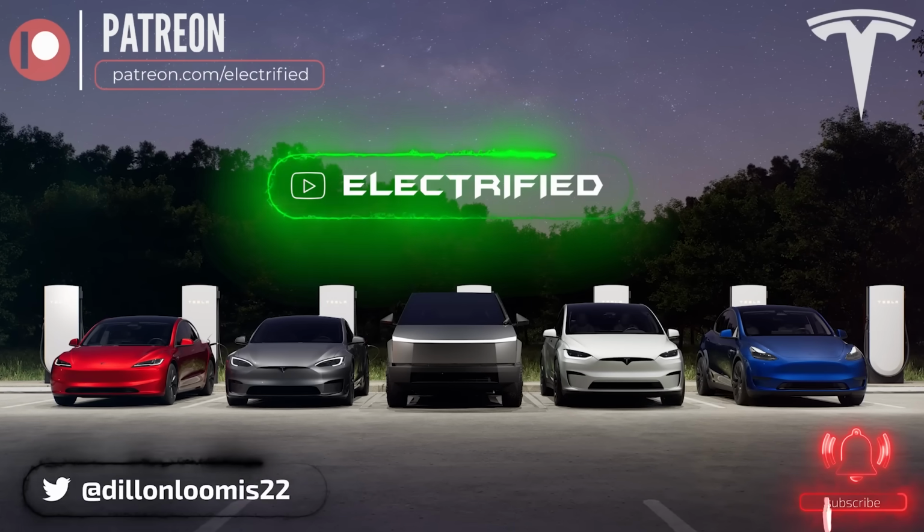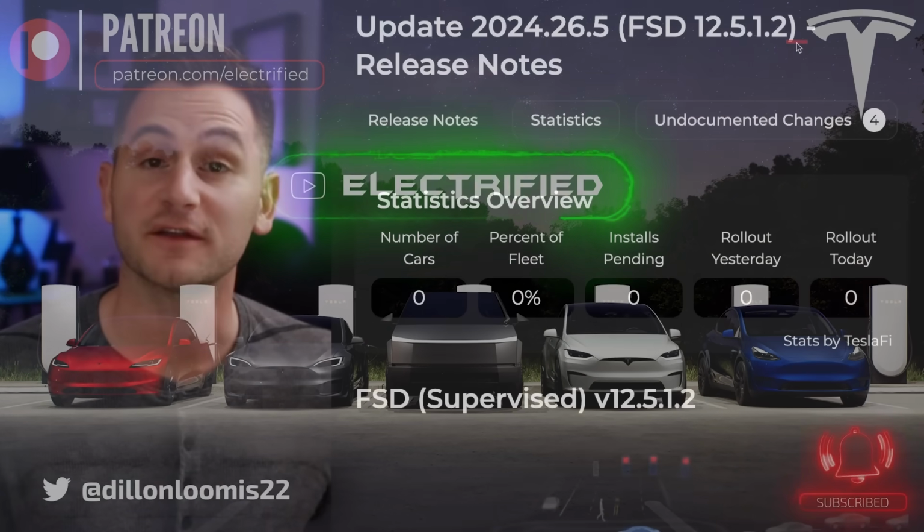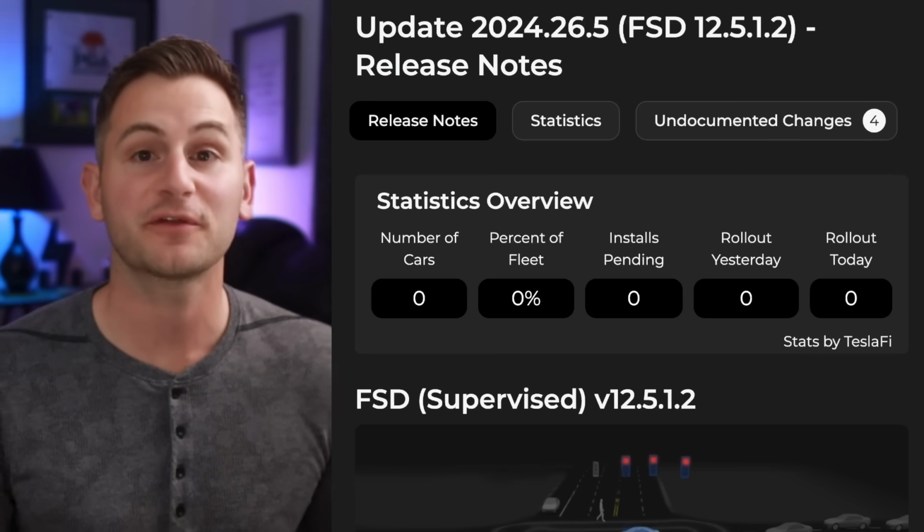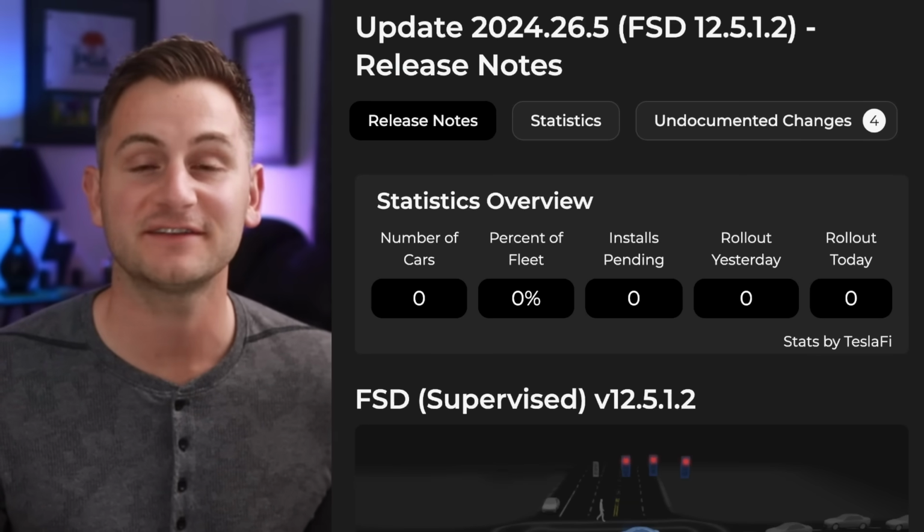What do we have here? FSD 12.5.1.2. It was 9 days ago when Elon said that in 10 days, Hardware 3 vehicles would finally get FSD